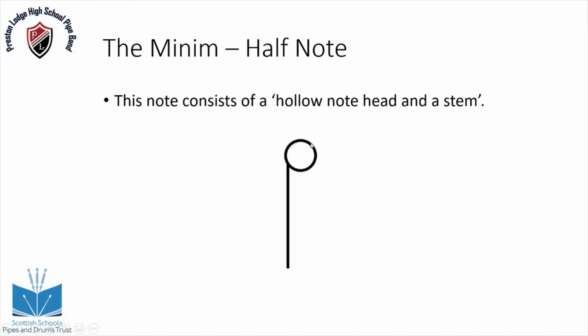The note heads look like this on the minim. This will look a bit more familiar because it's got the stem coming down, which is a line coming down, which kind of makes it look a wee bit like a lollipop. Alright, so this is the minim, which is known as the half note, and the half note consists of the same hollow note head, but it has a stem. So the stem is the line that's coming down from the note head, and I'm going to draw that as well. So we've got the minim, and then we've got the semibreve,